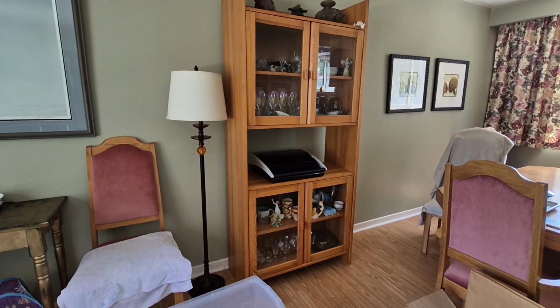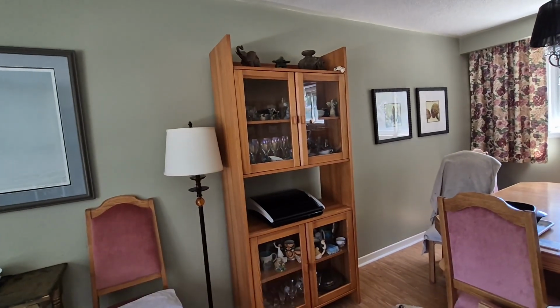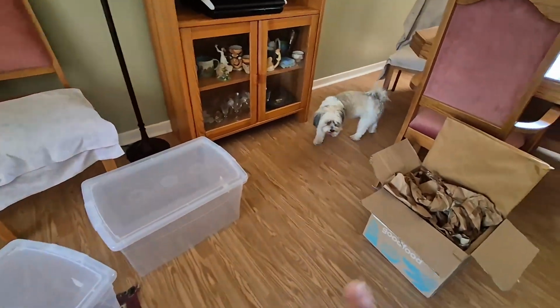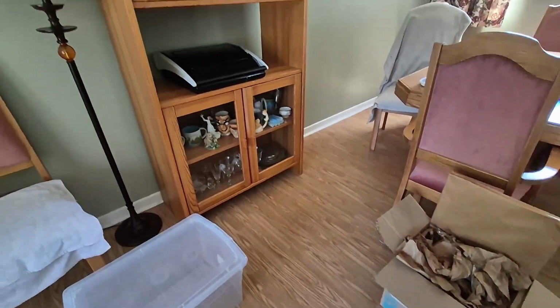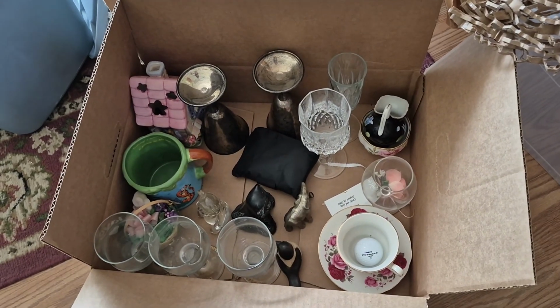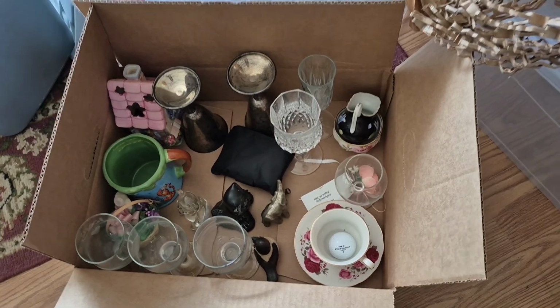Well, I'm back here again, and today I'm going to start with clearing this out and start doing some packing. Found a few totes here, and I got the wrapping stuff there, and Misha's going to be supervising. Okay, I thought we were all done, and then she found some more things she's going to get rid of. So this is what we're getting rid of,